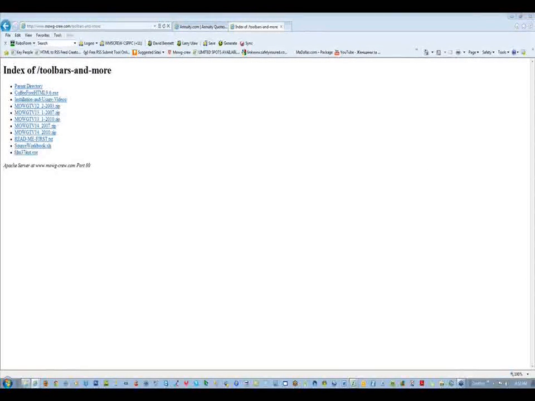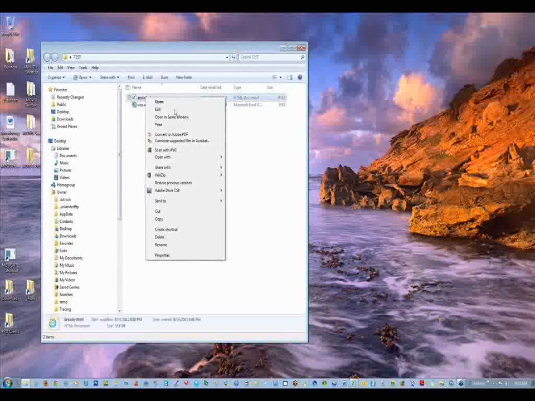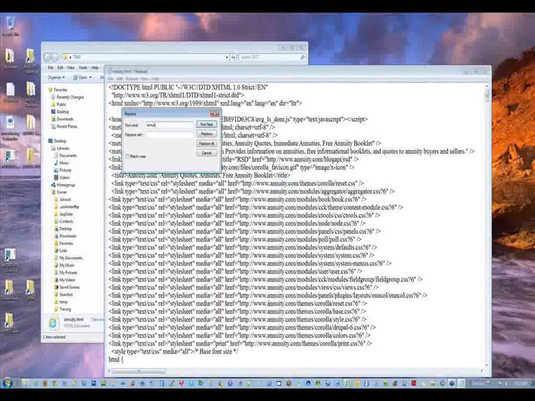Why do I want that? That way all the links are the same, really. That way I can put all the pages up on a new domain, and therefore the only thing I would have to change anymore is annuity.com to the name of whatever my new website would be. So it could be edit, replace, and I could just say annuity.com and replace it with